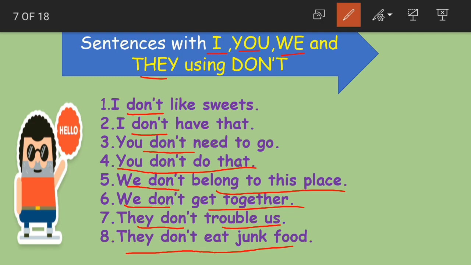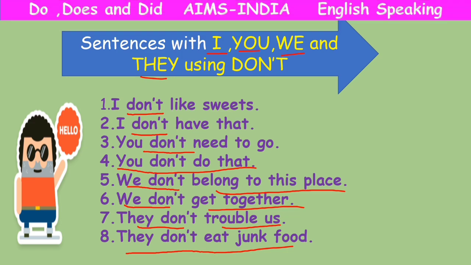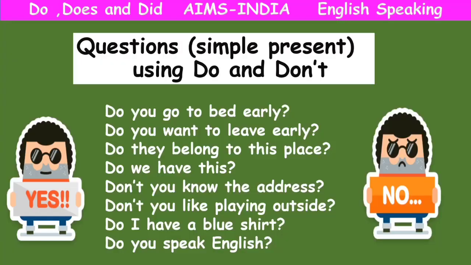But always remember that do, don't, does, doesn't or did, didn't have to be used under particular conditions only. In the sense, as we said, when you get I, you, we and they, these, those, then you have to use do and don't. Okay, children, this minimum knowledge you should have so that your speaking English never goes wrong. Clear, children? Yes.